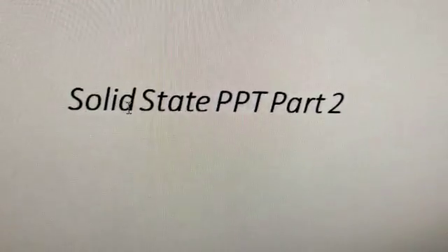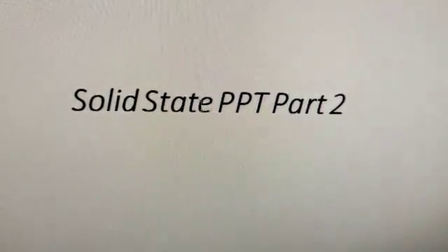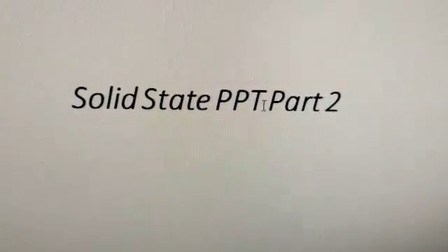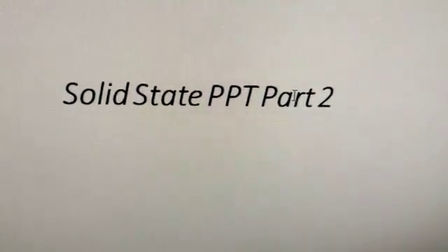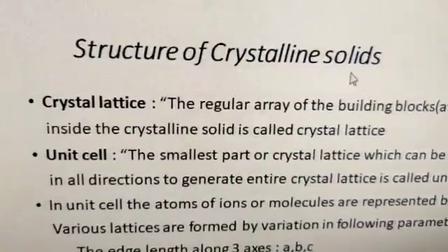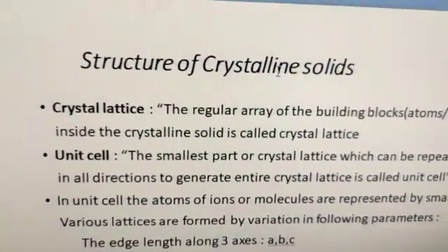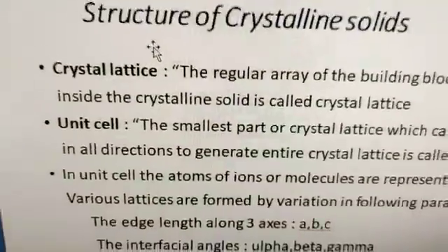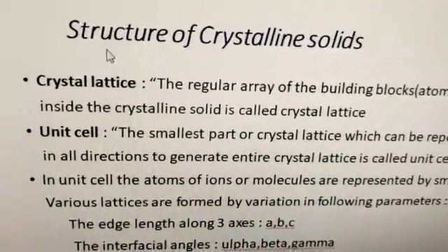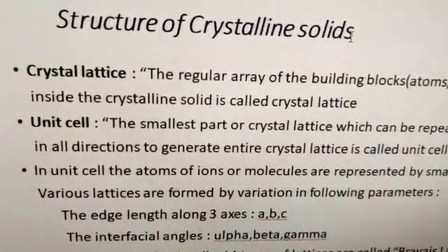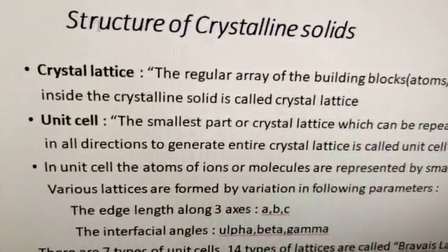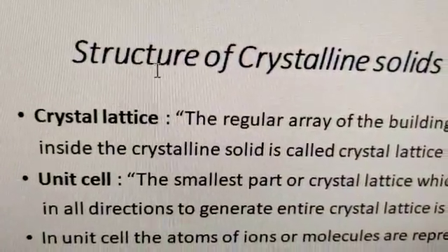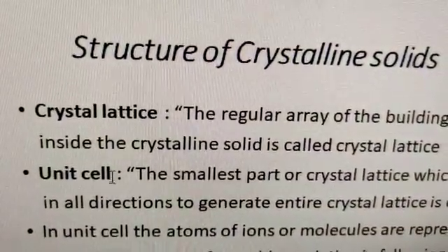Today we are going to study part 2 of chapter number 1, that is the solid state. In the previous period we have learnt about the types of crystalline solids, that is the 4 types, and here we are going to study the structure of crystalline solids. This structure of crystalline solid has two main things, that is the crystal lattice and the